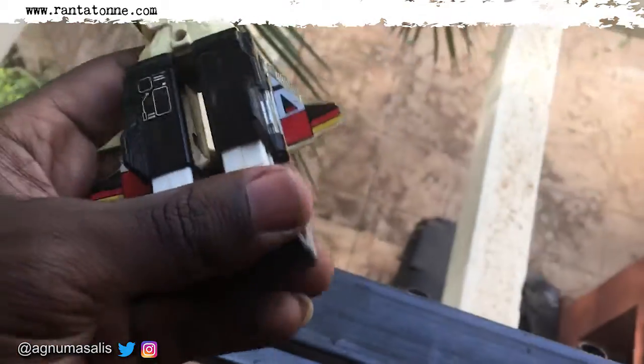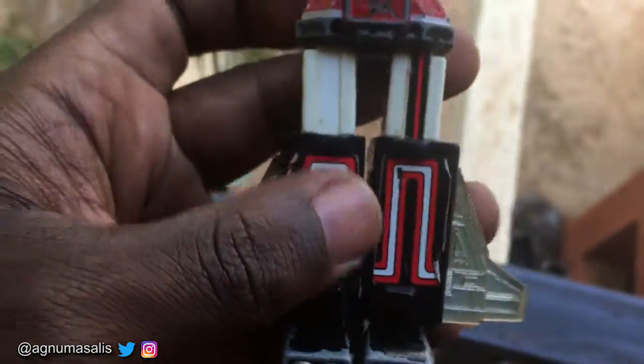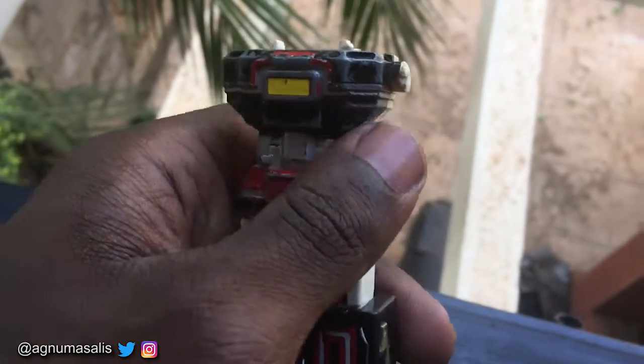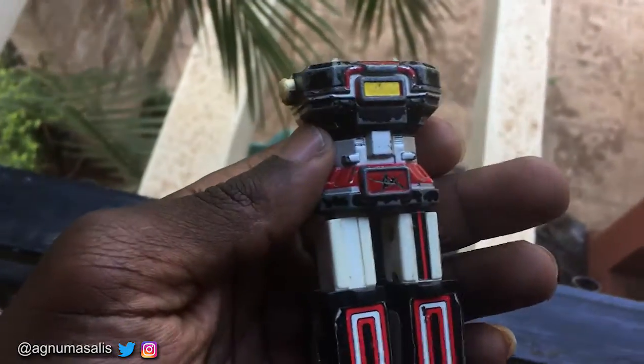No, the body didn't spin. But you see it had like the metal wheels. These are still the original stickers. Toys are actually made with some stickers and glue that can stay on for 30 years or so. See, that's still the original sticker in there. I mean, you can still see even some of the original paint is on there. This might be wearing lead paint for all we know now, but